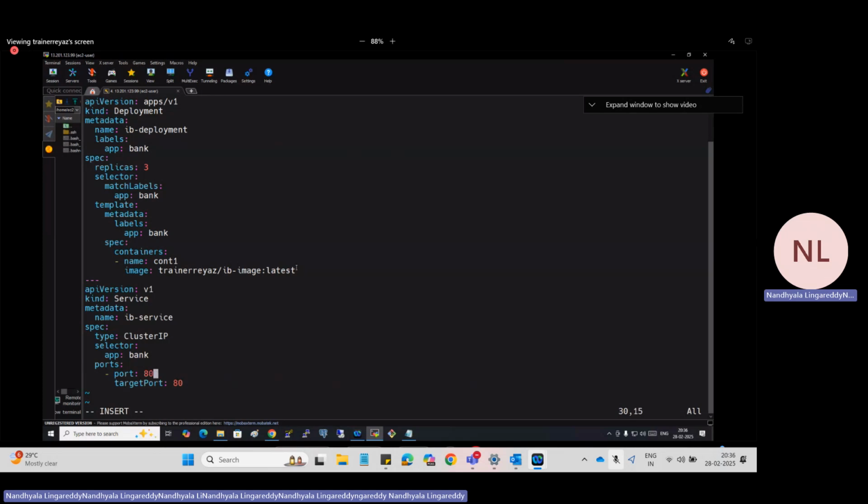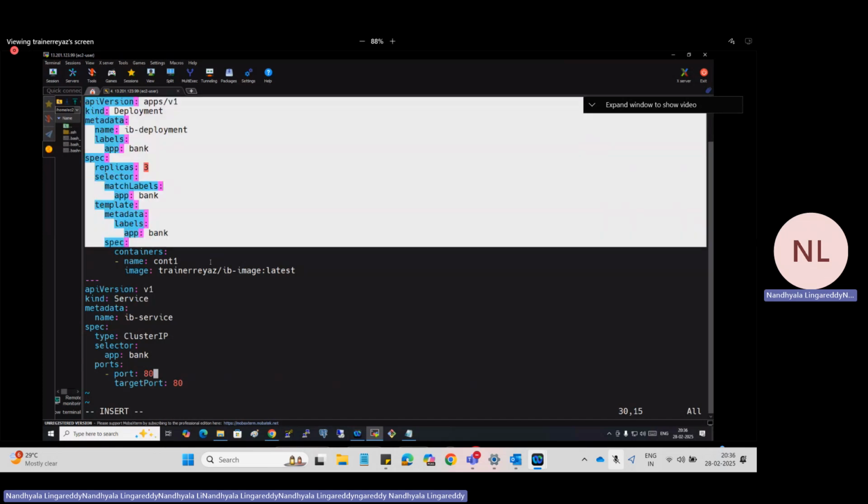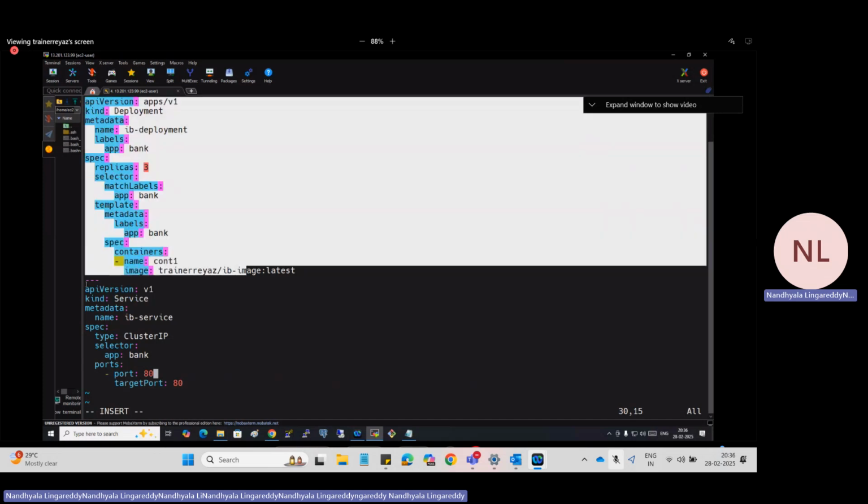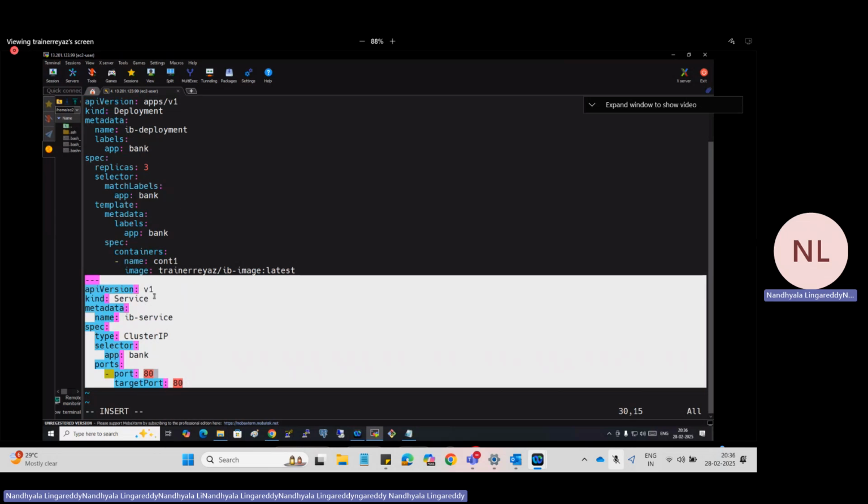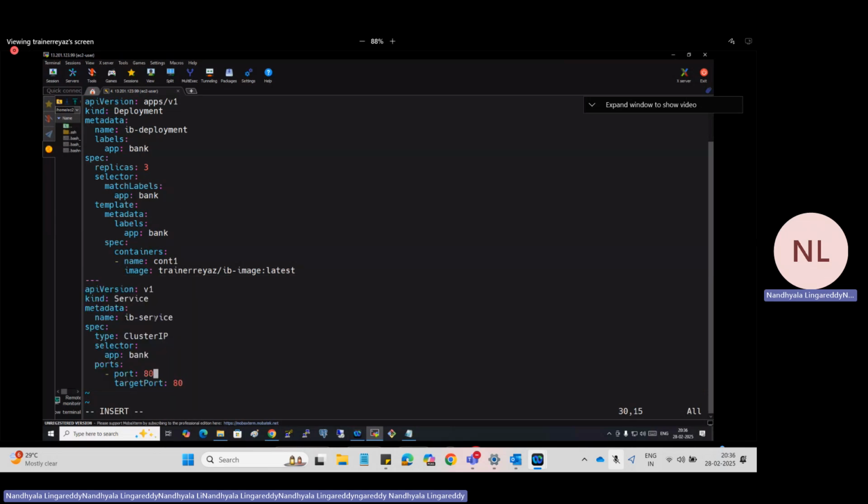See this. This one you already know. Yes or no? Top one you already know. Please concentrate a little bit on the bottom one. What's the kind I'm using here? No, this is the infrastructure I have set up. And I'm exposing my application using this. Using what? Service. What's the service name? So what is the service type I'm using? And this service is assigned to which pods, the ones having the label as bank. And then cluster IP, and then what is the port? Service port is 80, and the container port is.